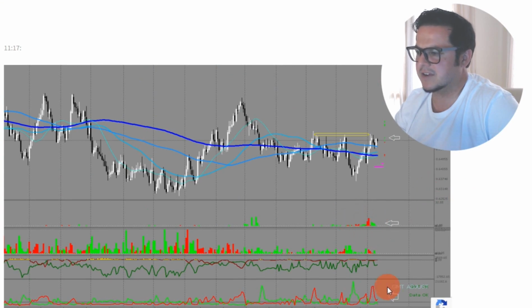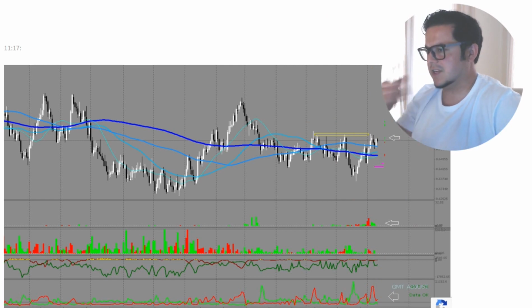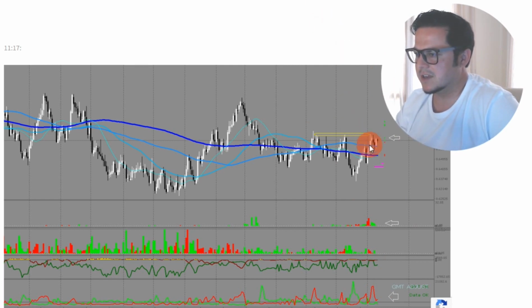Okay, mixed money flow, neutral. If longies come in, it can go back down towards the moving averages, but if shorties come in, it can attack the highs once more. Okay, if euro dollar does what we showed before and goes up, Australian dollar will most likely follow up as well.